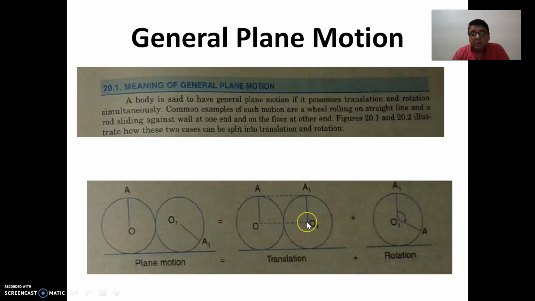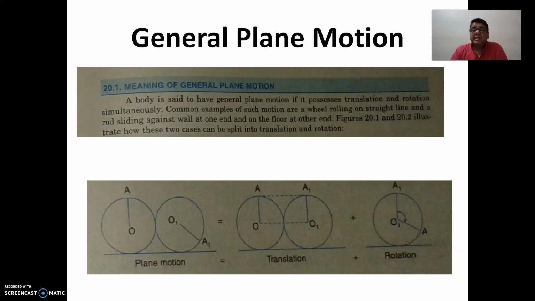Then when it comes to this position, we'll rotate it, and that's what the rotation is. We'll rotate it to whatever the angle is desired. So that's how we can come to this position. This is the way to solve the numericals based upon general plane motion. We divide that solution into two ways. One is translatory motion, then after that it goes to rotary motion. Okay.